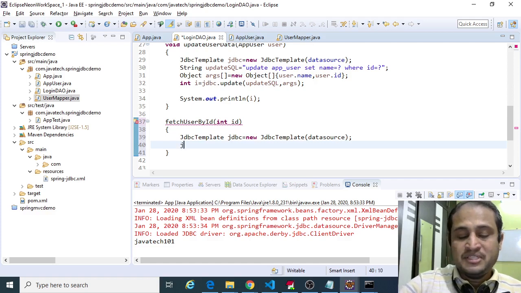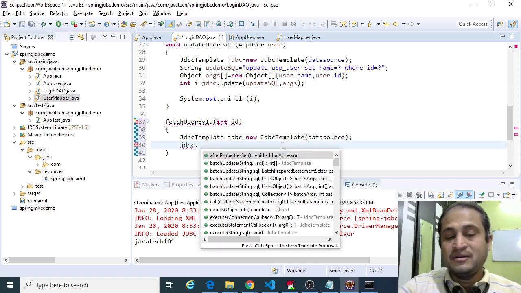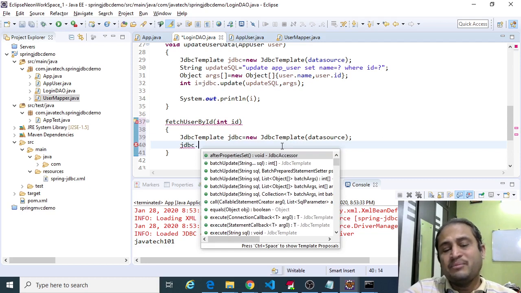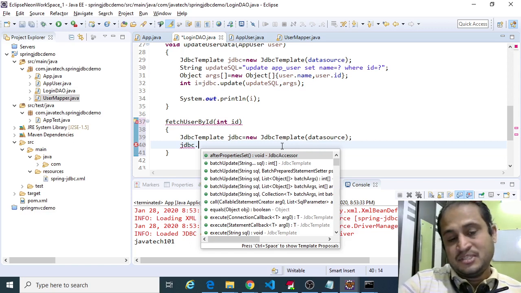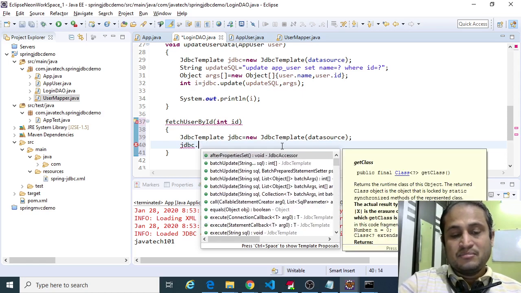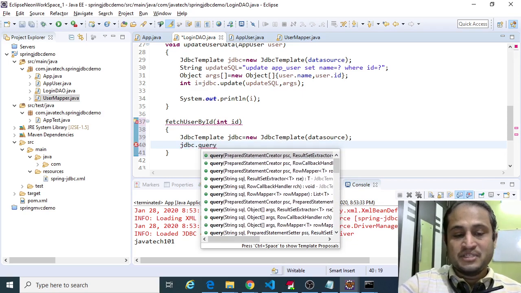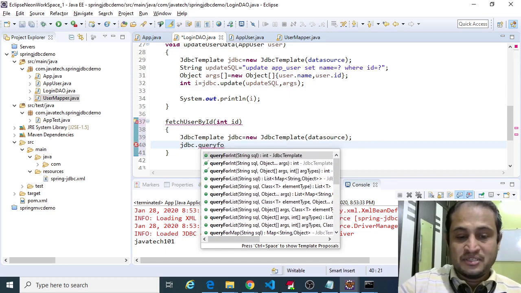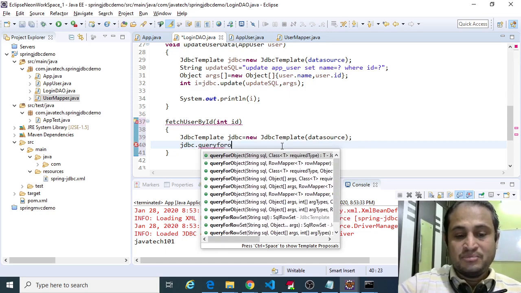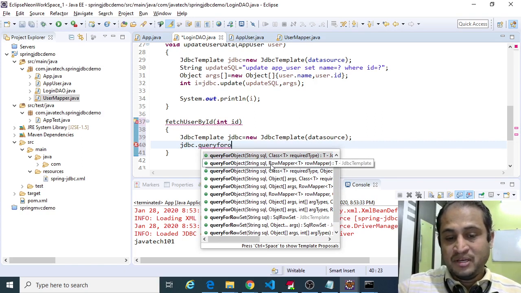JDBC template has many methods. The method that we are trying to use is with the row mapper: jdbc dot query for object, which takes an SQL as an input and a row mapper.